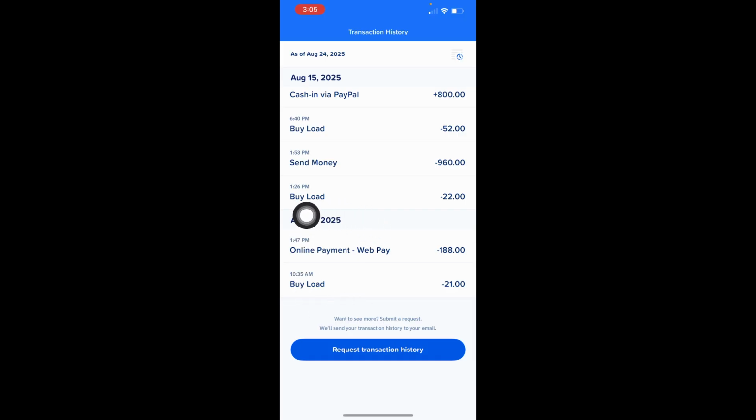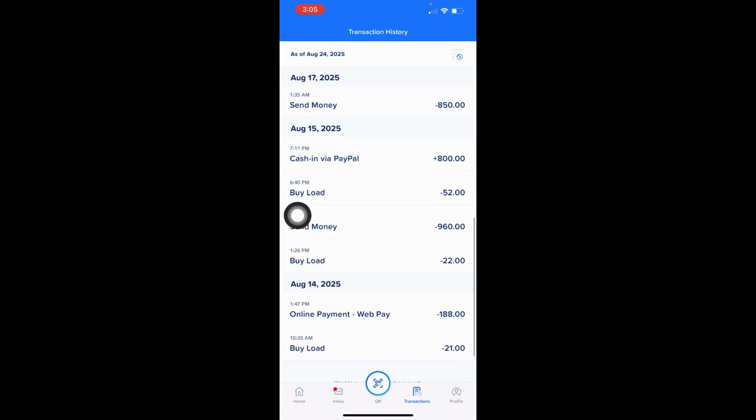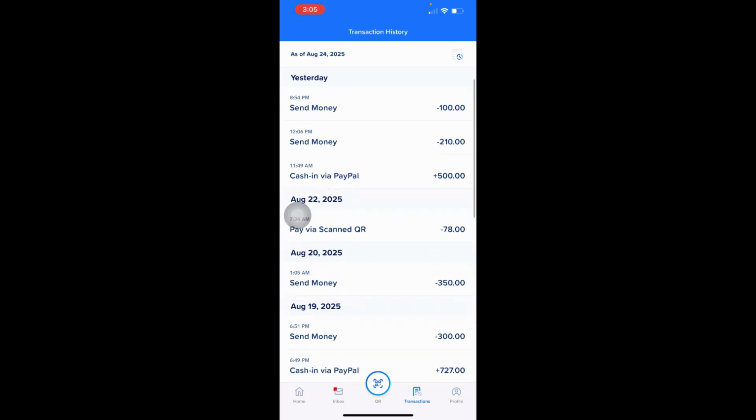So just like mine, I have a transaction on August 13, but it is already deleted. So that's all on how to delete